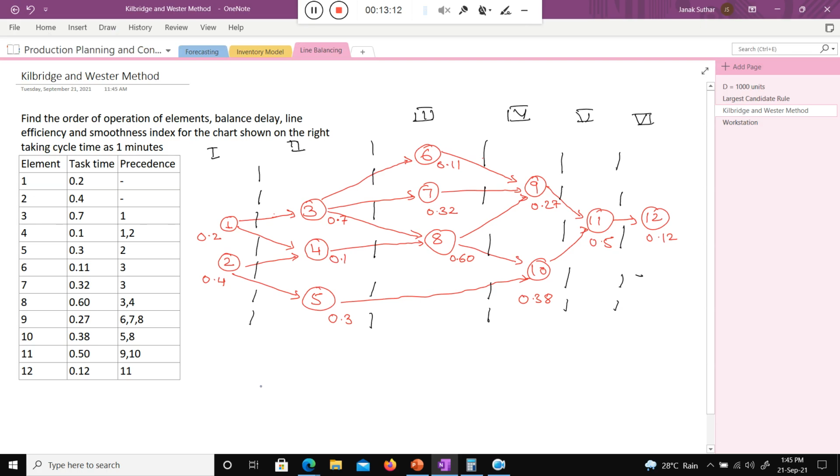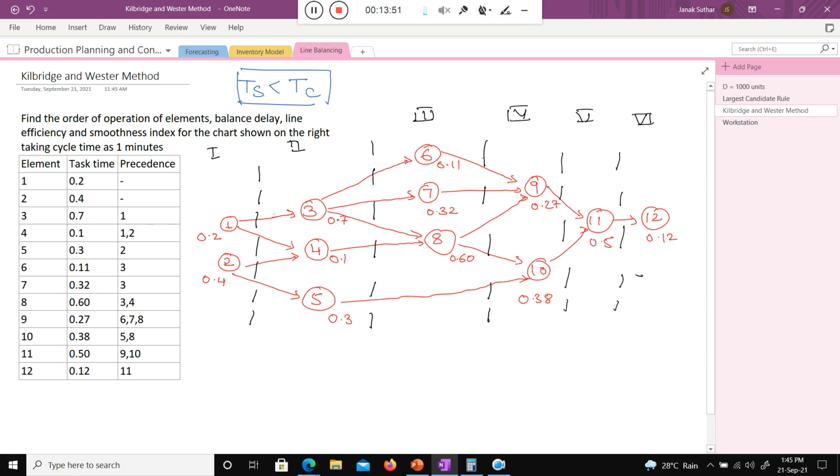Okay, so now what is the cycle time here? Cycle time is 1 minute, right? So when I design a workstation, the workstation time should not exceed the cycle time, it is always less than the cycle time. The workstation time is always less than the cycle time. So many times it is like that, TS, the time related to the station, is always less than TC. TC is the cycle time, so please keep that in mind. Okay, now I start to draw the workstation.